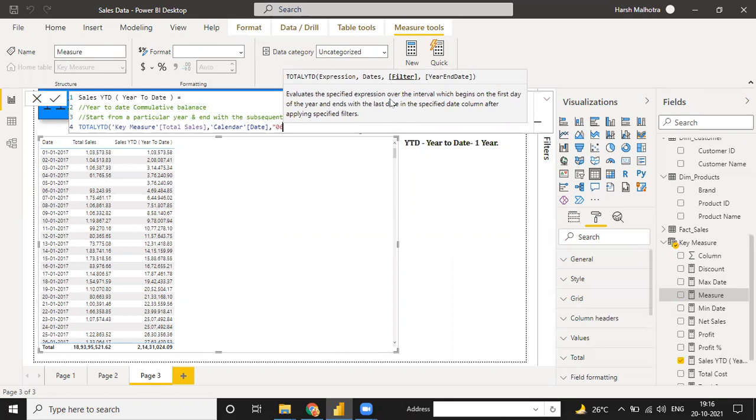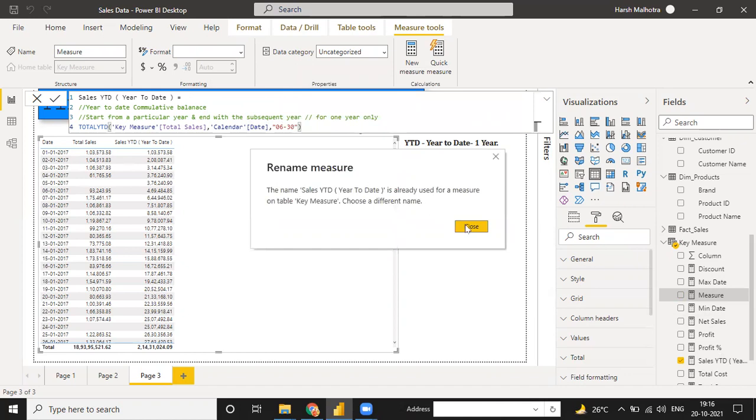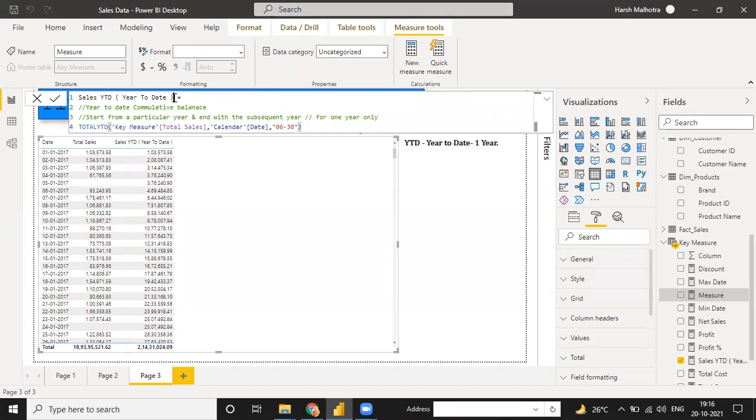Suppose you change your fiscal period to 30th June, so you can just write it as month and date only, not using any year, and click enter and change the name here to sales YTD as fiscal year, and press enter. It will give you the same value, but only the year is changed.